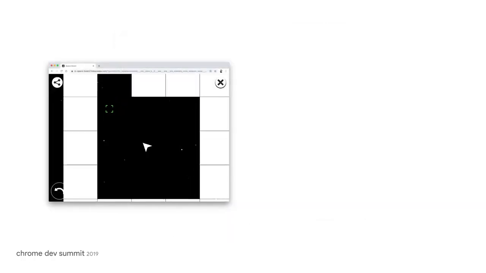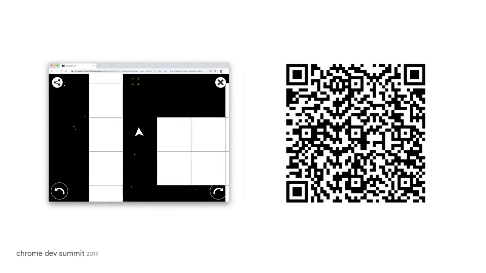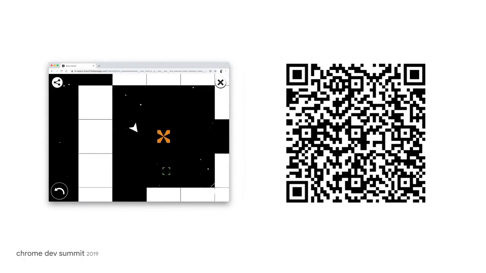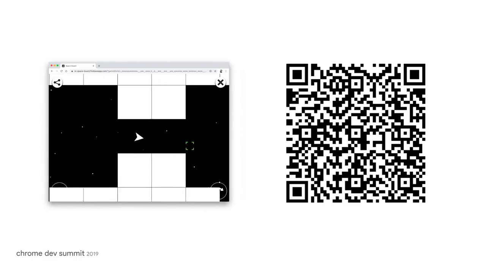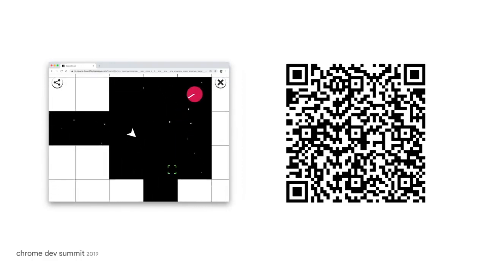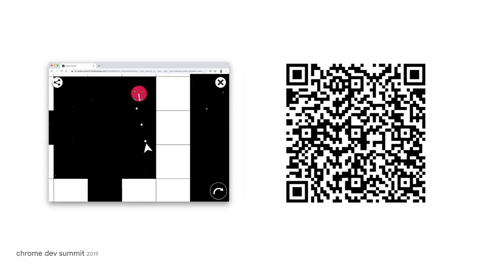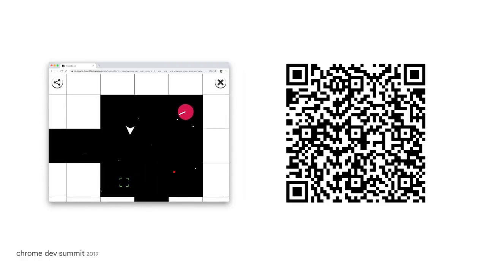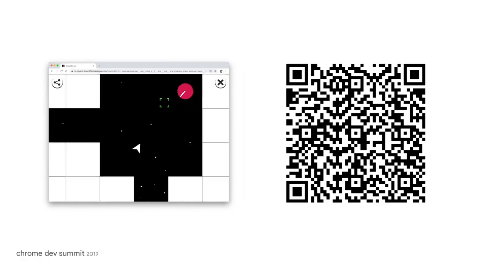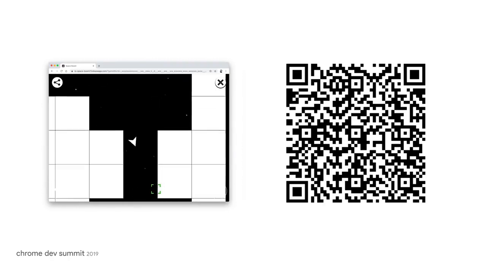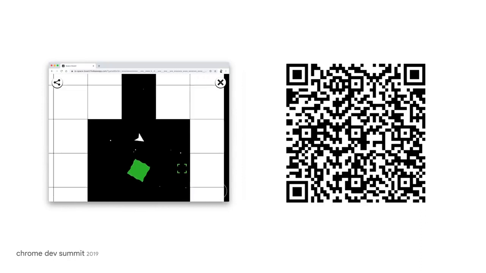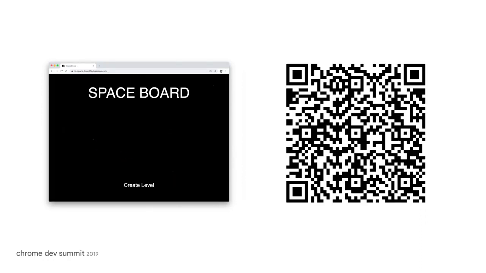Here on the left is the game itself being played. Try it out. The game can be played on desktop or on mobile. And why am I showing a QR code as well? Well, because QR codes can be a marketing tool for promoting content in the physical world. If you access that URL in the QR code, it will take you to another level I made, but this one's a little bit more intense. Now, you can imagine that Spaceboard could also generate QR codes of levels that could be shared with a friend in person as well.